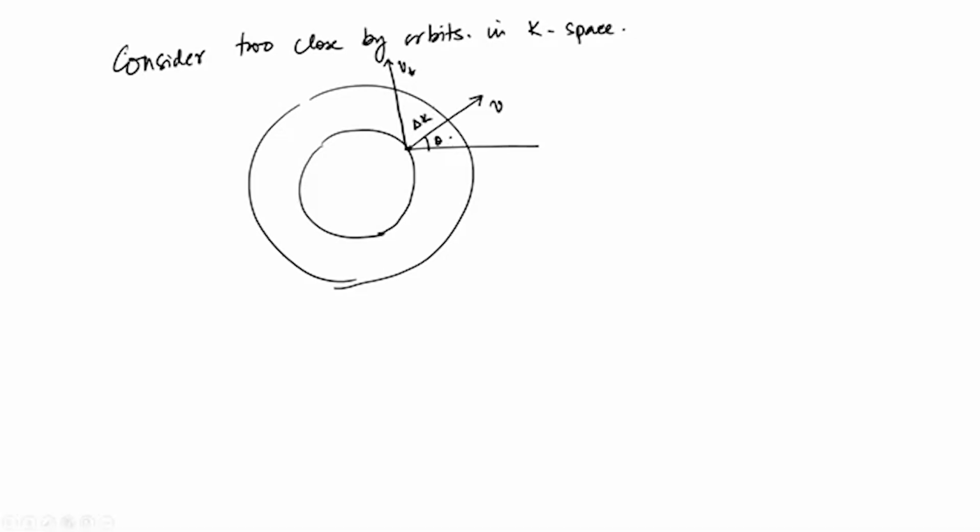In k space, the radii differ by delta k. This is one constant energy surface and this is the next constant energy surface, and so on. These are basically the orbits, and the velocity is perpendicular to the orbit. So here V t is equal to V sin theta,